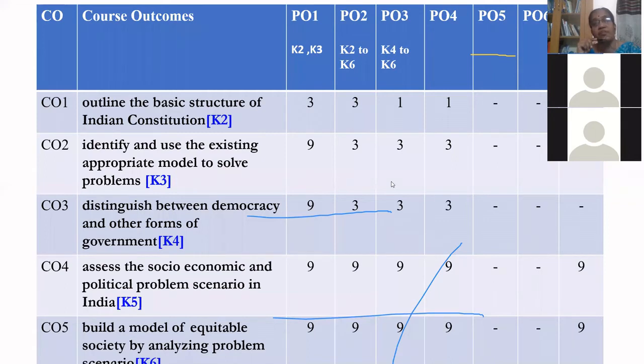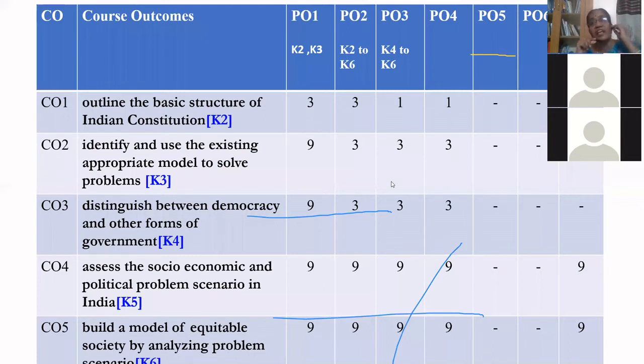For PO2, K2 to K6. People are raising issues about when to put 1, when to put 3. They don't know, and just because they want to give that course more weightage, they will give a full 9. So just to address that particular part, we have suggested a thumb rule: when to use 1, when to use 3, when to use 9. This concept you can decide in your institution also. It is not compulsory. Just for fixing a rule kind of thing, I'm saying this, you can follow this.